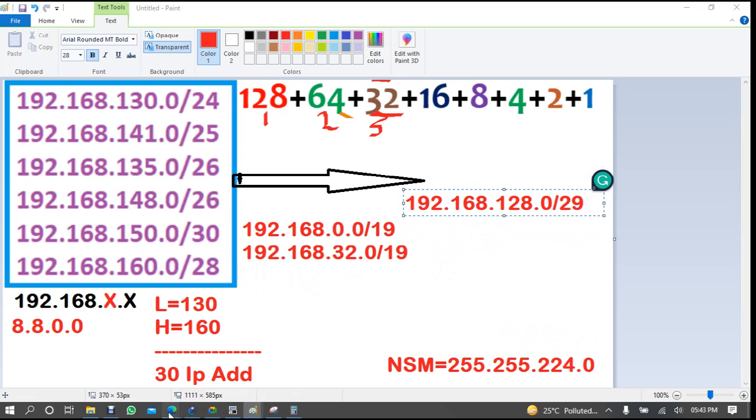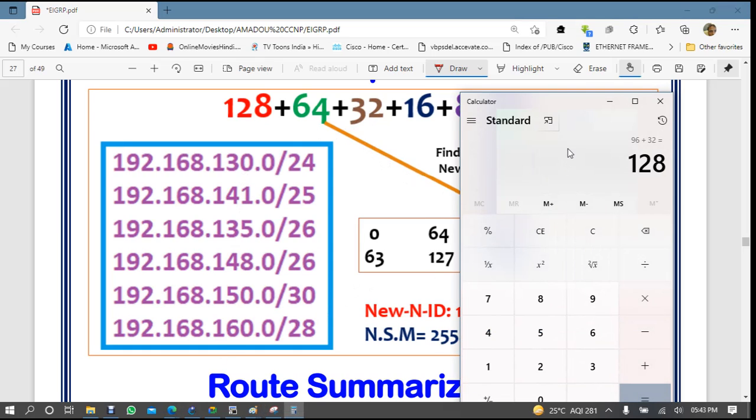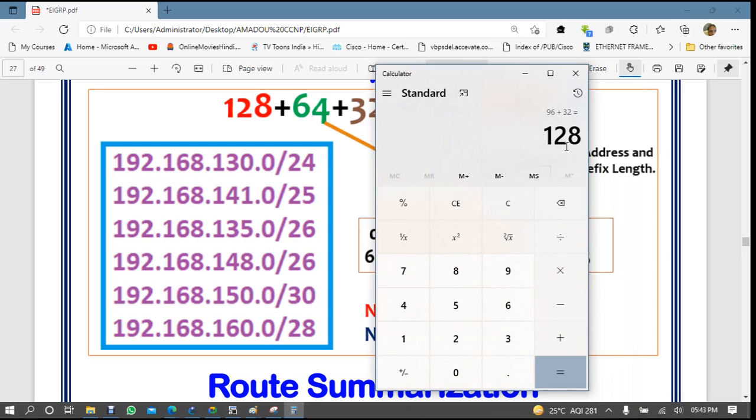So what about the 160? The 160 is going to be a network address. No, sorry, sorry. See here, problem. Here is the correct one. See, if you talk about these 30 IP addresses, if I'm taking this 30 plus, then this is the next IP address, so I cannot use this one.